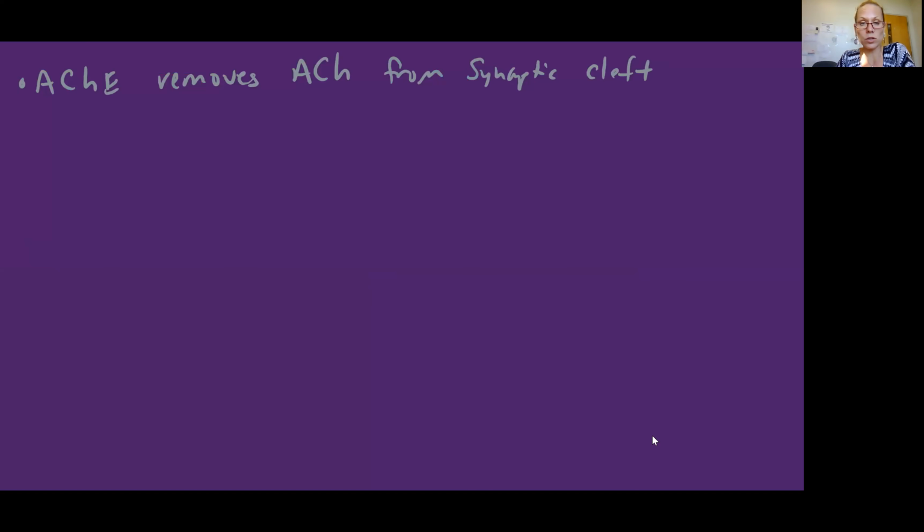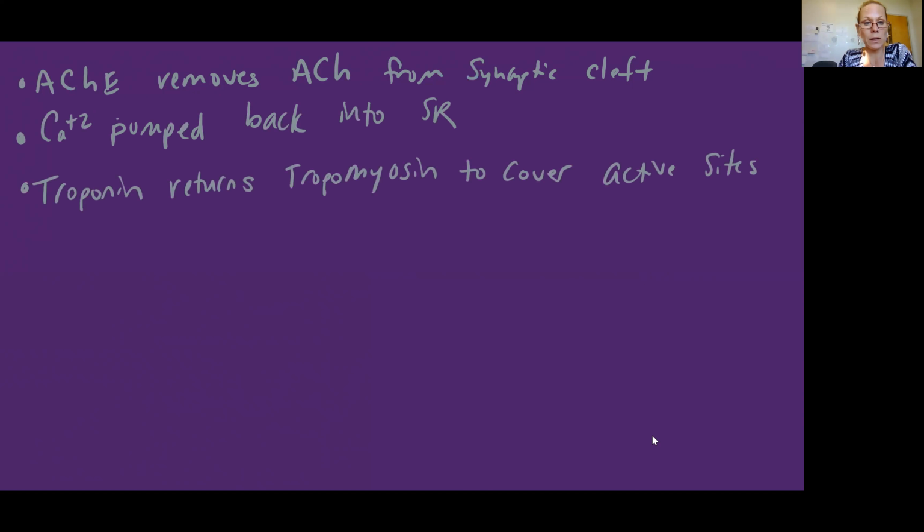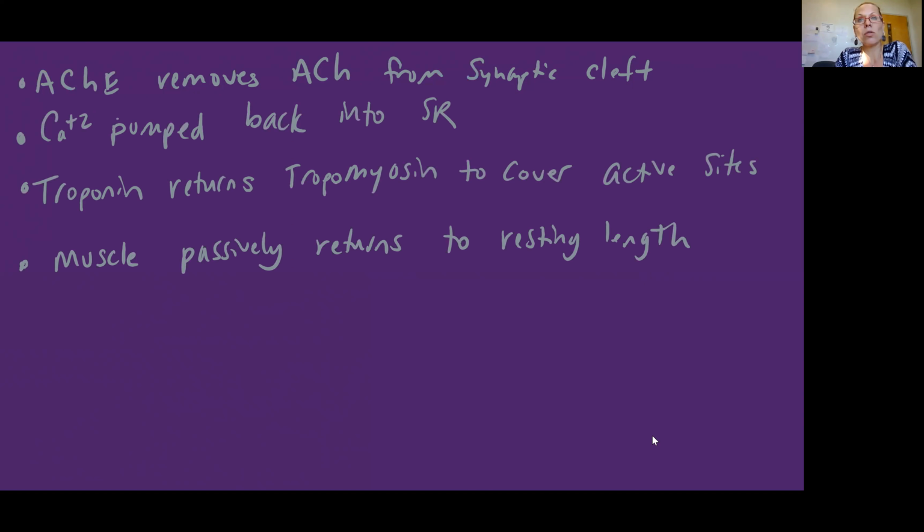Now, how do we return to normal? Remember, acetylcholinesterase is going to remove the acetylcholine in the synaptic cleft, so you end that signal coming from the nervous system. Calcium will get pumped back into the sarcoplasmic reticulum, which means it's coming off of the troponin. So we're going to see the troponin-tropomyosin complex move back into place, with tropomyosin covering up those active sites. And then through other movements in the body or gravity or time, that muscle will gradually return to its resting length until the